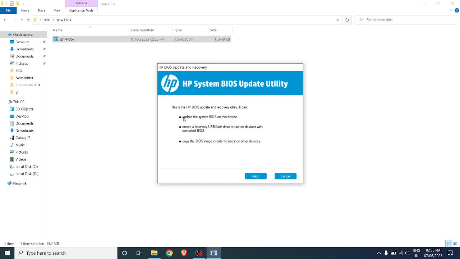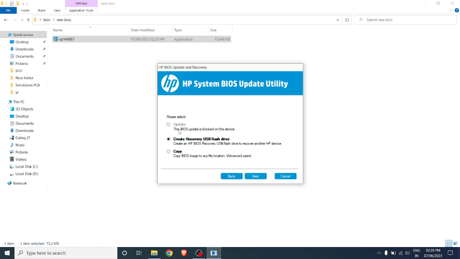This BIOS is blocked on this device because this is a Dell laptop and we are extracting an HP BIOS.